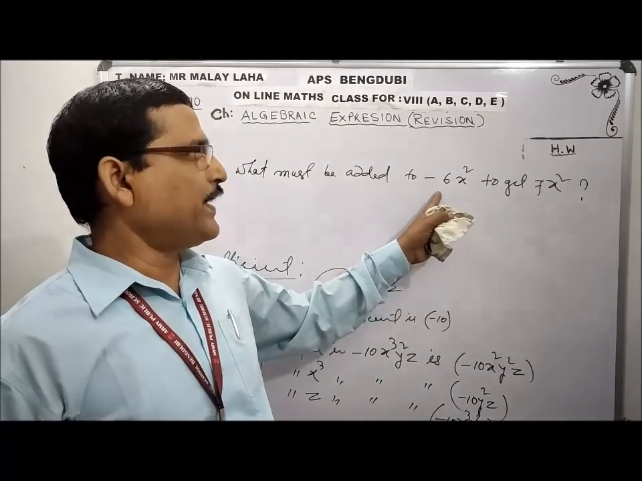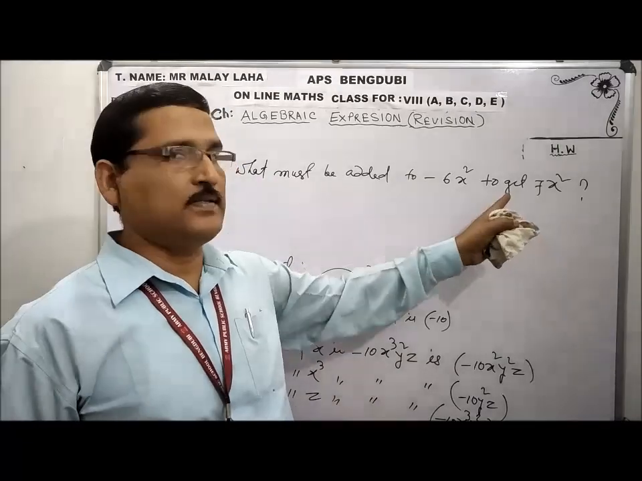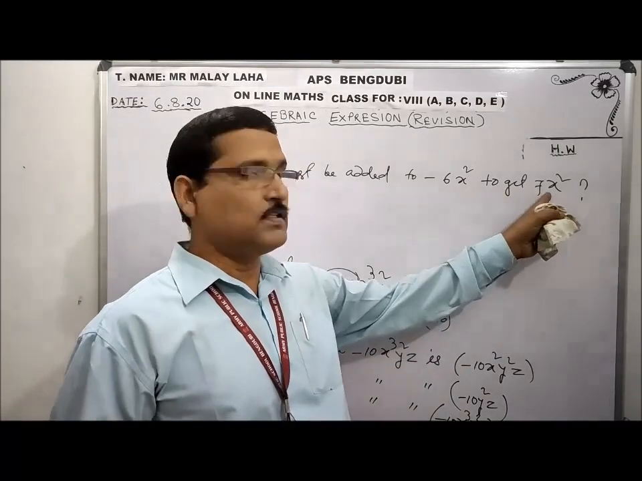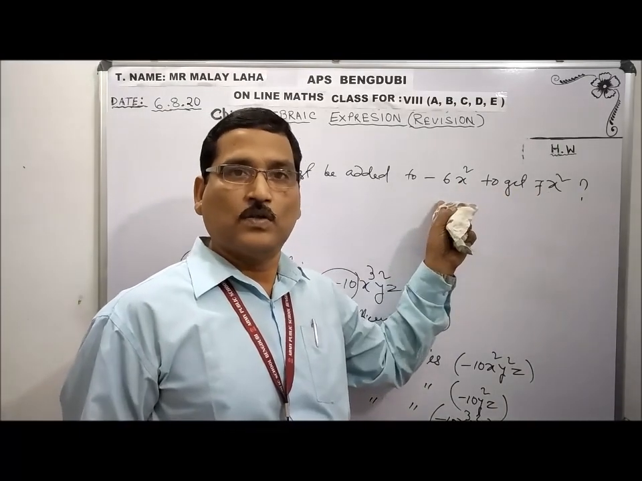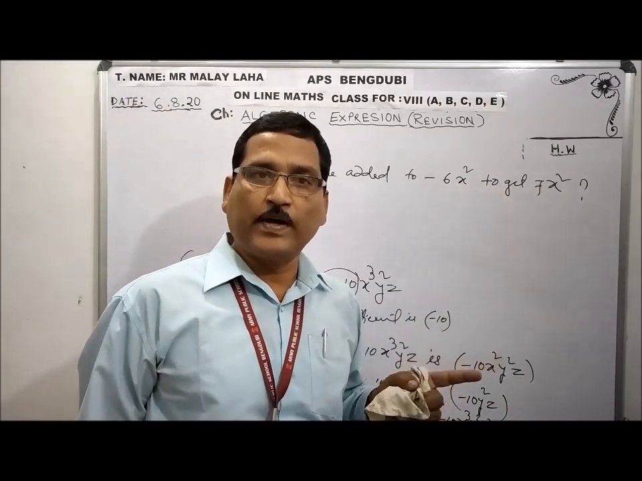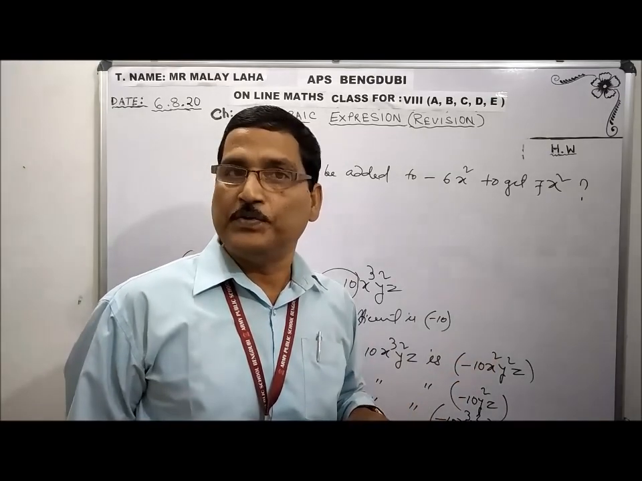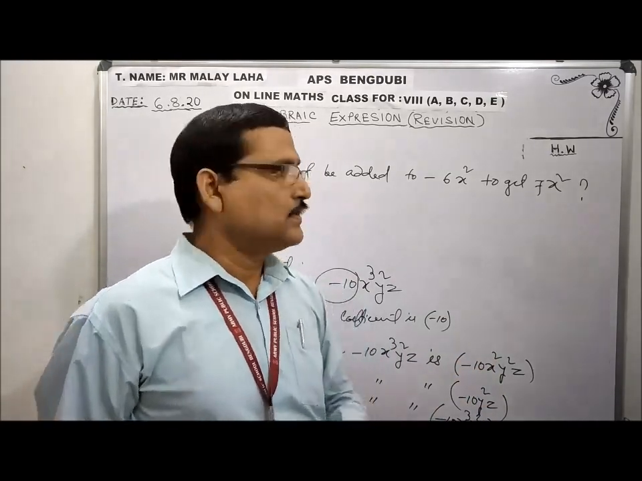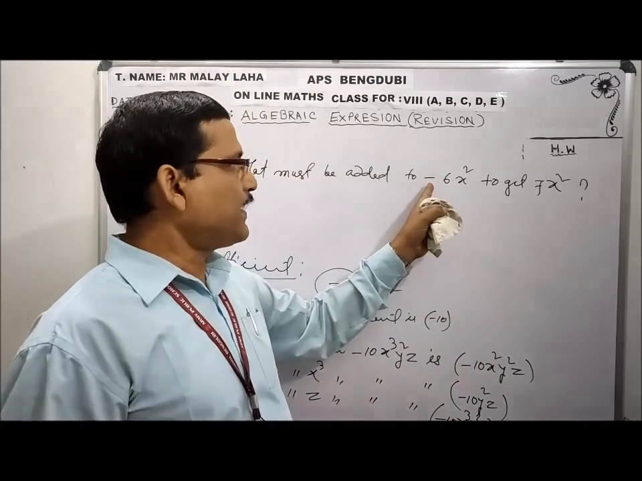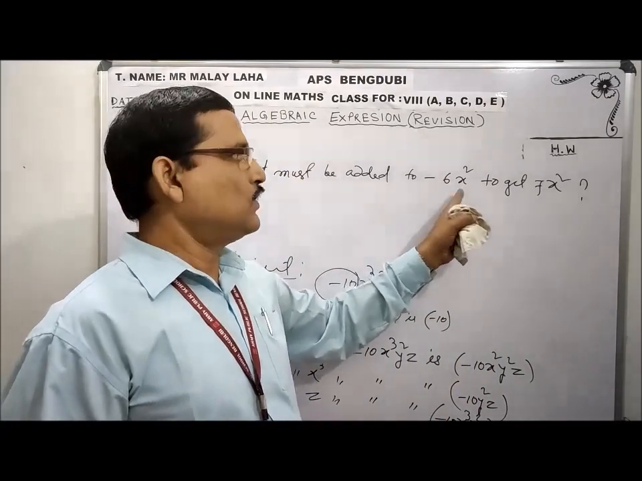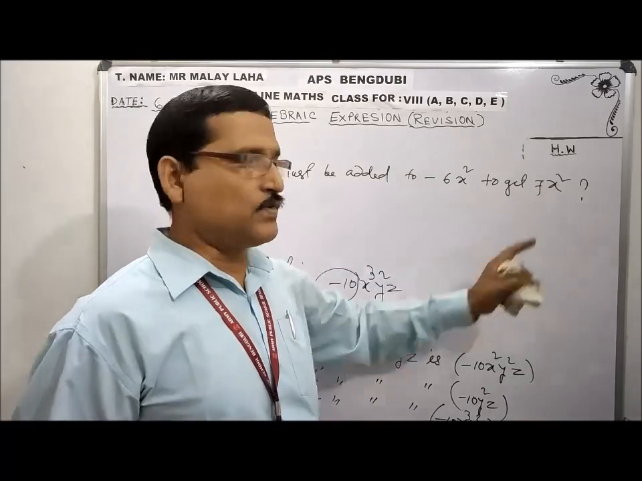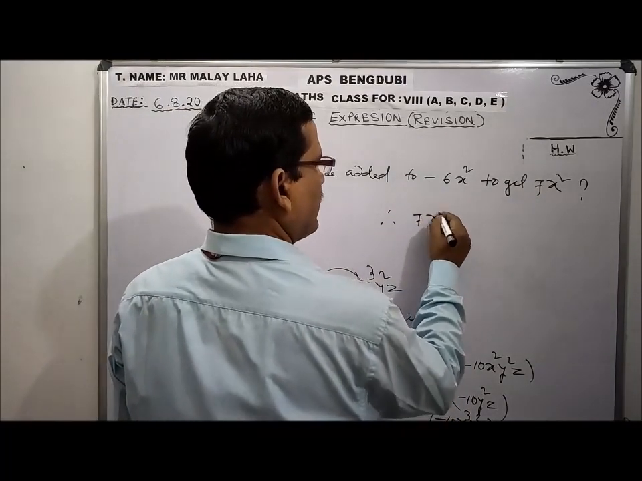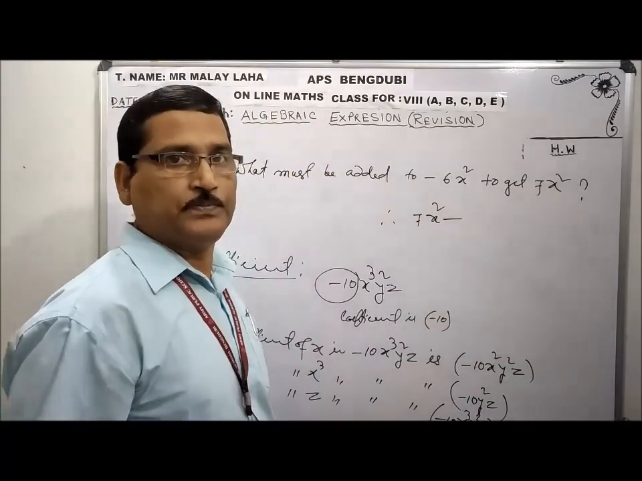How much do I have to add here to get this? What is the meaning? This is bigger, this is smaller. When you ask how much I have to add to 5 to get 8, what do you do? 8 minus 5. That's why I am getting the answer 3. Similarly, what must be added to minus 6x square to get 7x square? So 7x square minus...